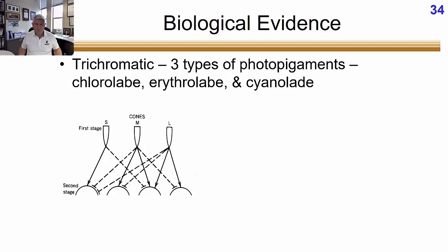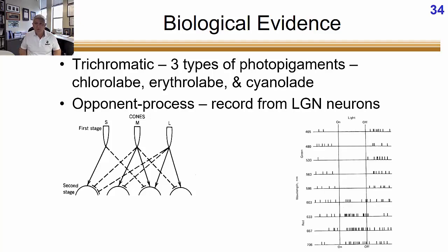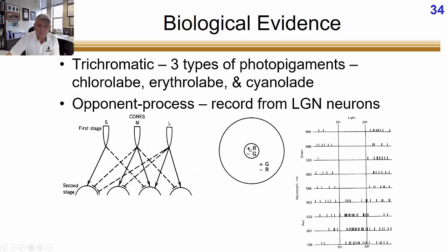Those three outputs are going to form excitatory and inhibitory connections by the time they get to the LGN. So here we have a LGN neuron, and we see that when we have green wavelengths of light, it's inhibited. When we have red wavelengths of light, it's excited. And when we have an intermediate in between red and green, it's canceling out. It's the same as its baseline, right? And so we lose that color detection. So this would be an example of the center of this opponent process where red is excitatory, green is inhibitory.